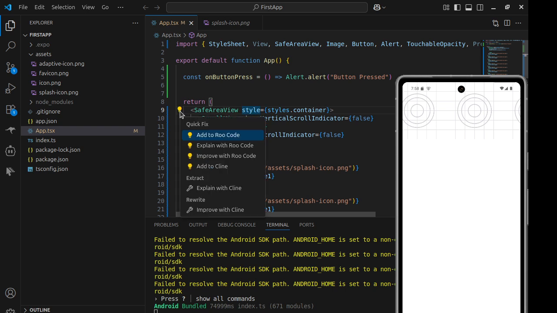And if you click that, then it's explain with Roo Code or explain with Cline. Now in the tutorial that I did before, we set up Cline, and setting up Roo Code is basically the same. You just go for the Roo Code plugin. I would suggest that you do both, because I've found Cline to be very annoying, and Roo Code seems to be the clear winner, but it's best to have both, so that if one doesn't give you what you're looking for, then the other will. So if you just choose, let's say, explain with Roo Code,